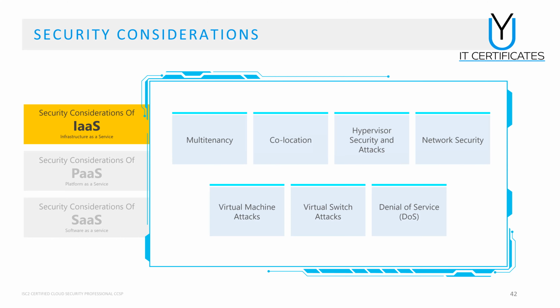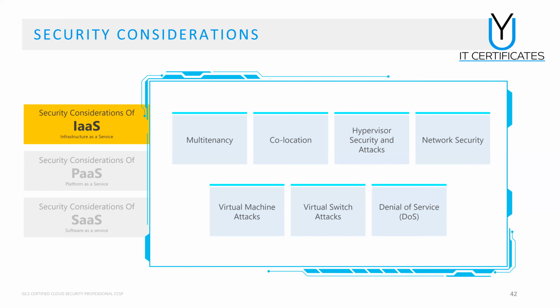Again, some points which we discussed before are hypervisor security and attacks, co-location, and so on. We covered this before when we said that we have multiple types of hypervisor, and the hypervisor will be very critical. If anyone is able to hijack or take control over the hypervisor, then this means that he would be able to access the VMs and maybe the data hosted by the VMs as well.